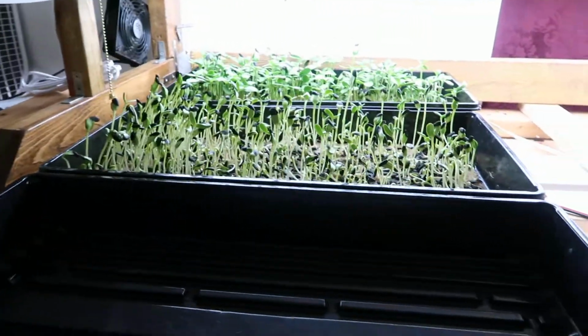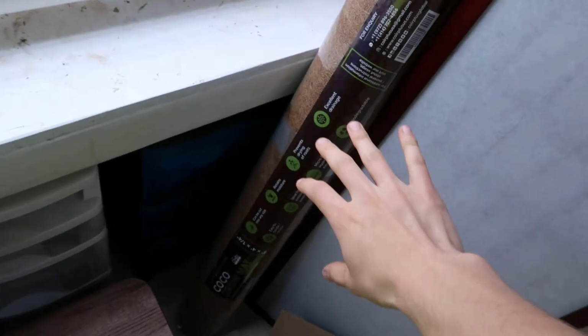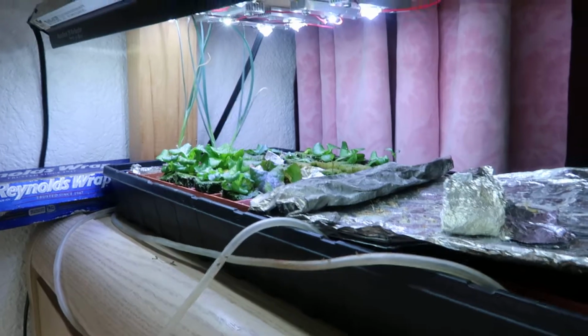I also have some radish seeds. I bought 5 pounds of all these seeds. I'll make another video with prices and all that. This is the cocoa mat that I'll be using, and this here is something I made. You can't buy this anywhere